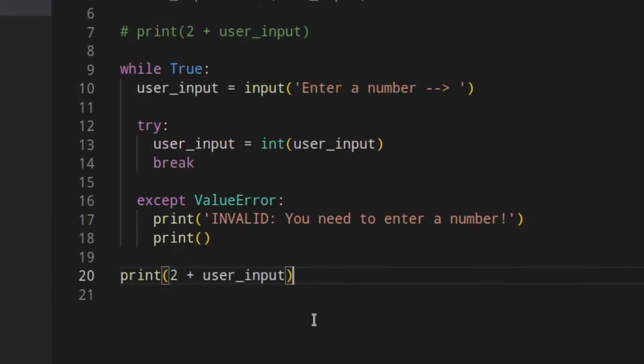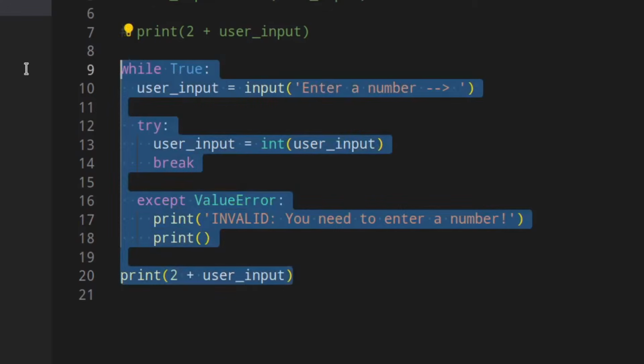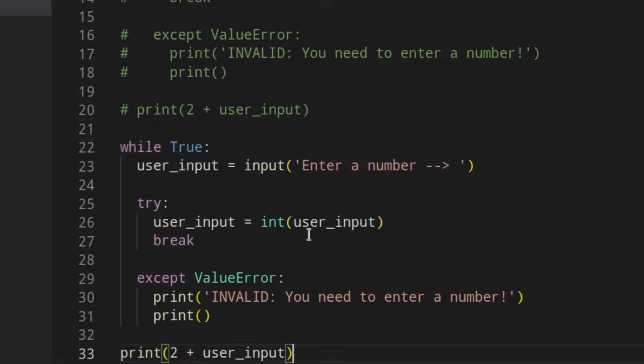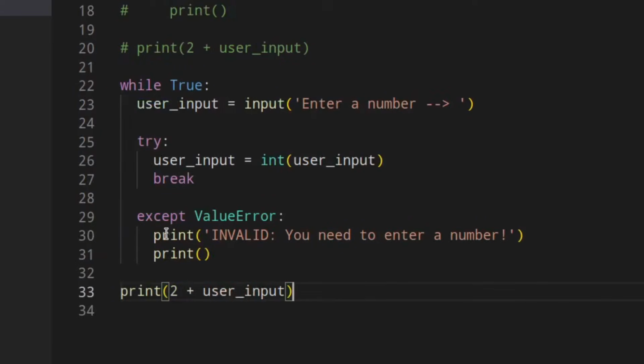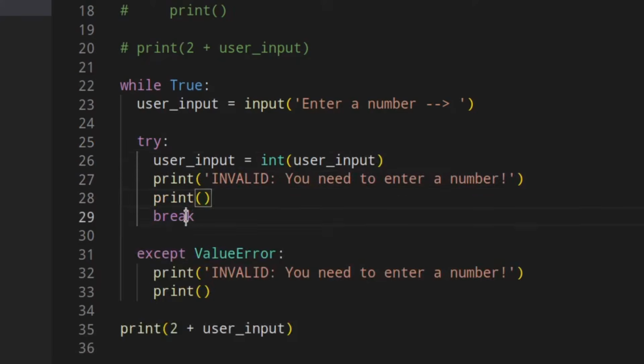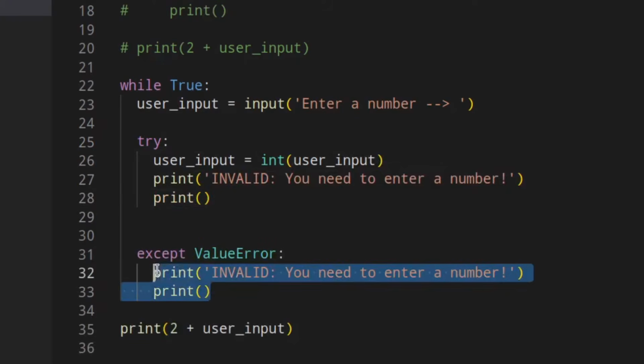Okay, so this is the first way you can validate an input, and here you're checking if the user entered a valid number. You can check the other way around, so if the user entered anything but a number, and that's really easy because you can just do something like this. So let's copy that, paste it here. You copy this and you place it here. And down here you break.